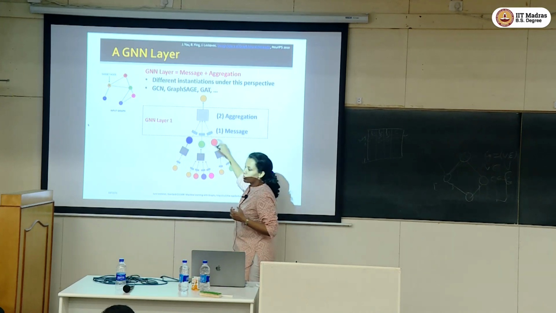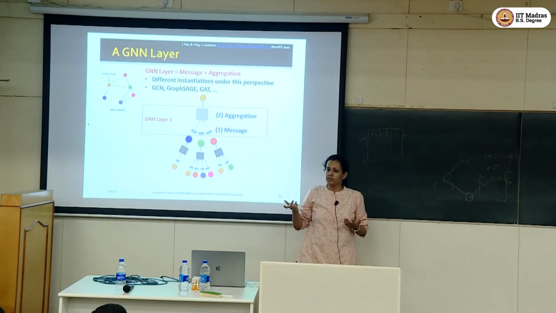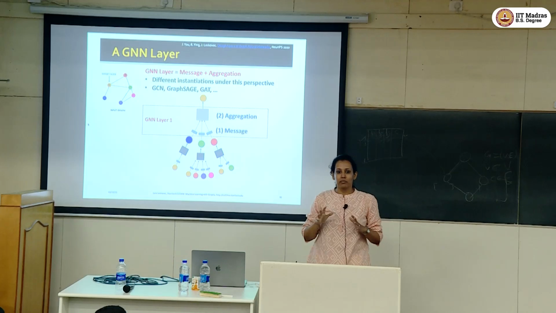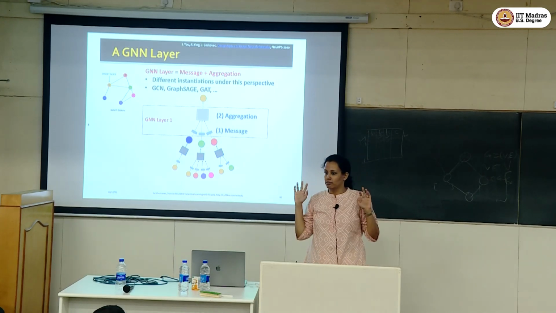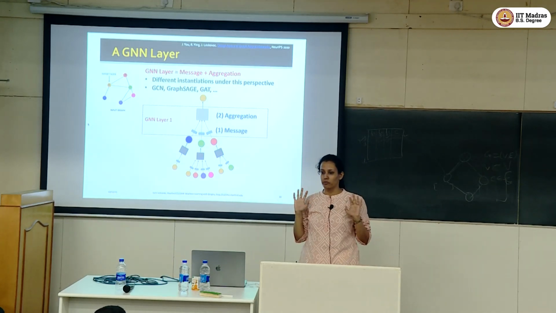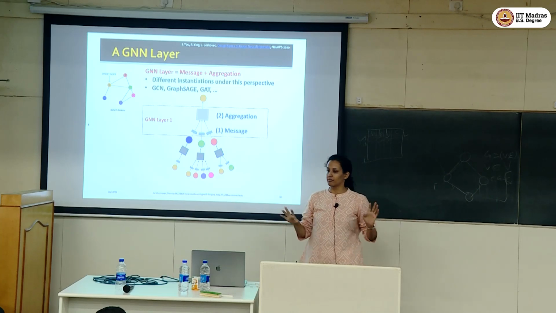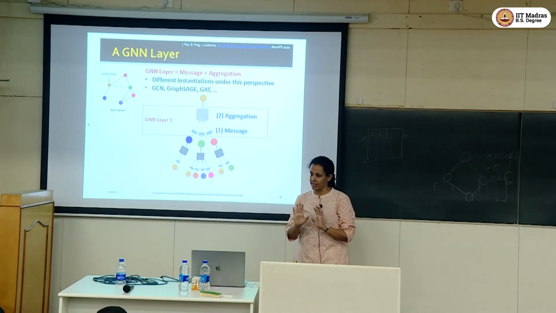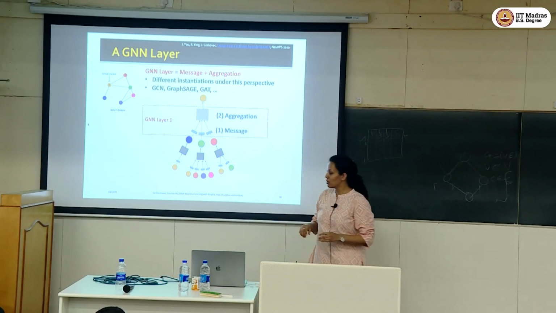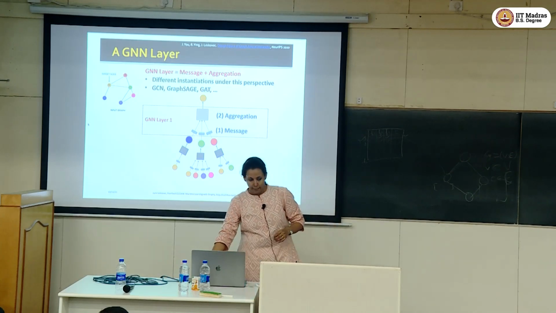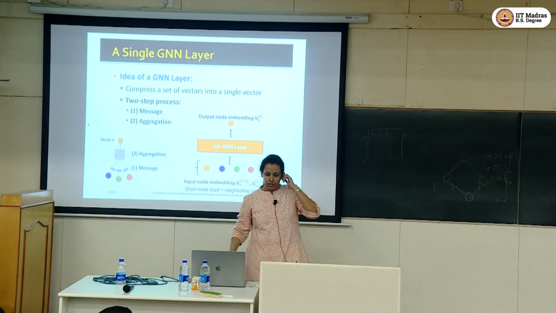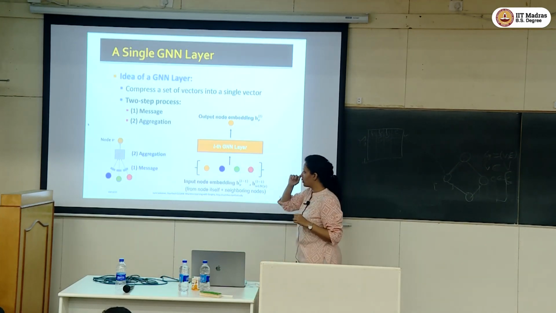You do the same thing for every node, which is fine, right? So you do the same thing for every node in layer 1. That means every node is getting information from their neighbors and aggregate and get the new representation. This is fine, right? There is no doubt. Now,